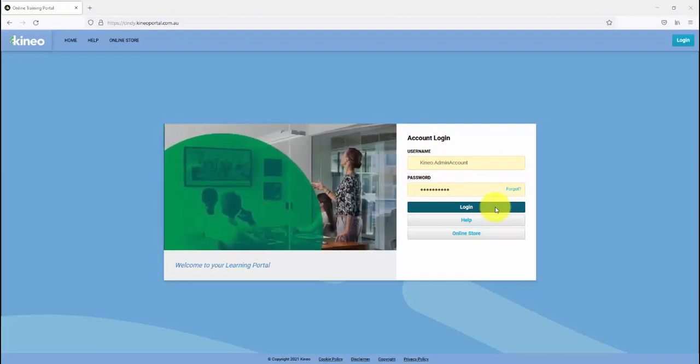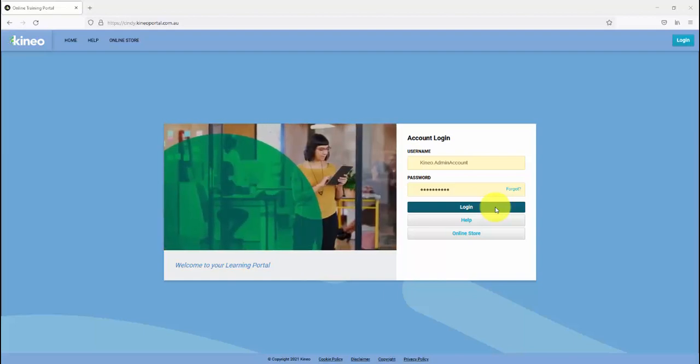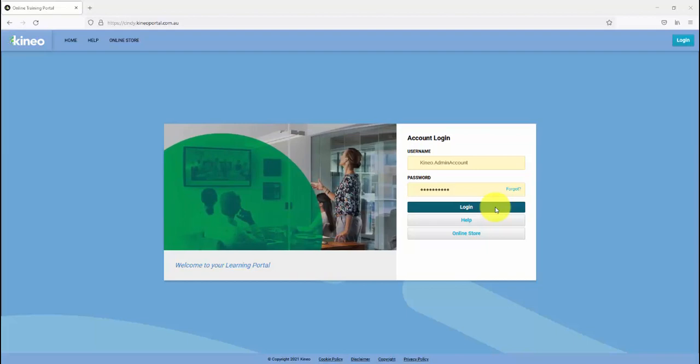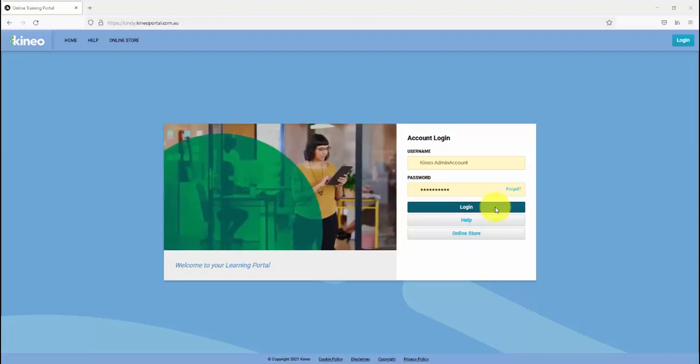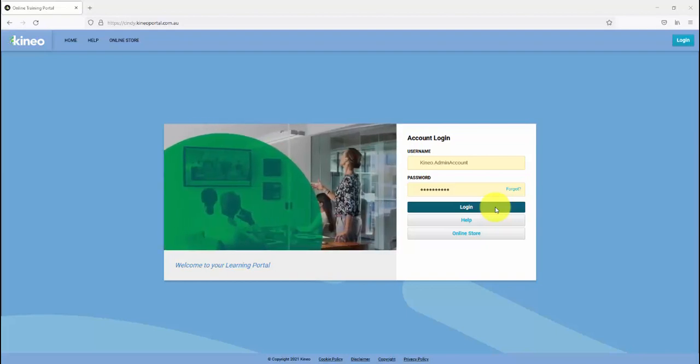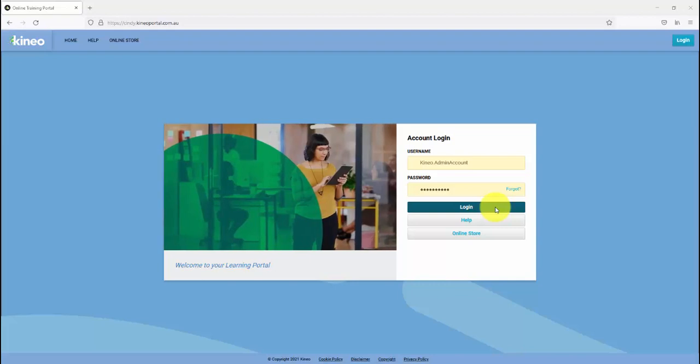Today I will be going through the user end view as well as the backend of the LMS as a system administrator. To give everyone an overview of what we will be covering today, we'll be going through account creation and account management, group creation and group management, course assignment, as well as reporting. Hopefully by the end of this webinar session, everyone will feel more confident in navigating and managing the learning